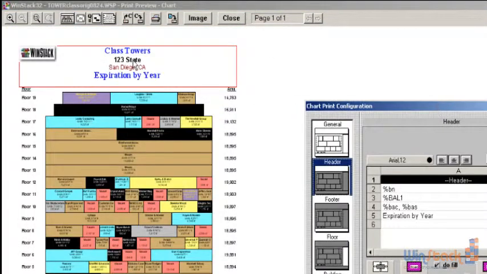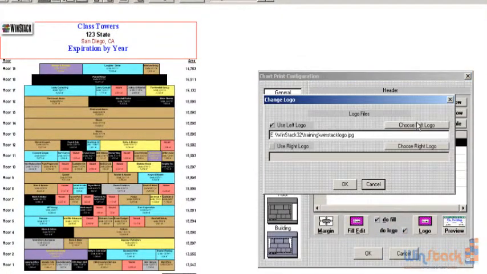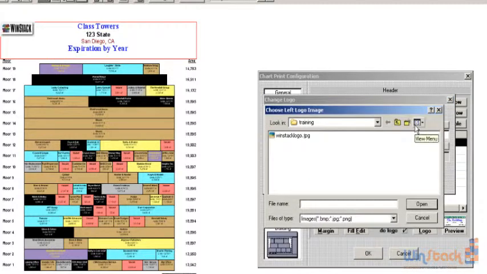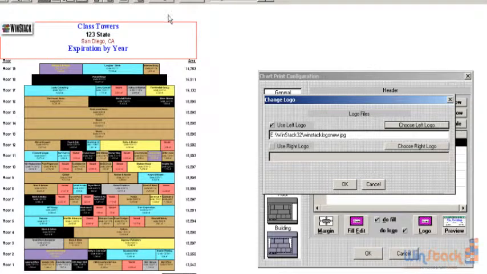You can have logos up here. Notice that I have the WinStack logo over here. You can click where it says logo. If I want this in the upper left hand side, I can choose the logo that I want. Maybe I have a different logo over here. This is a different logo for WinStack. And maybe in the upper right hand side, I'd like to have